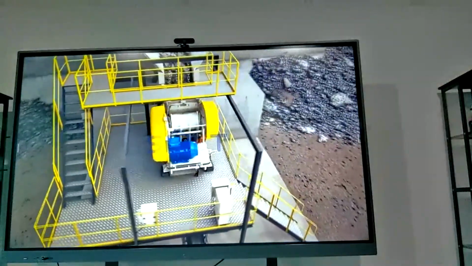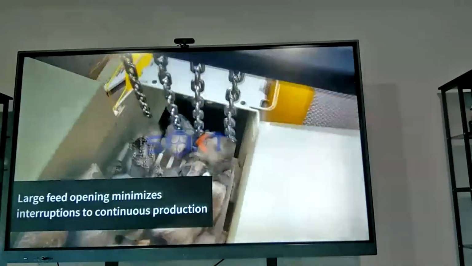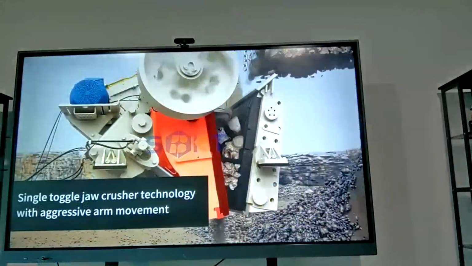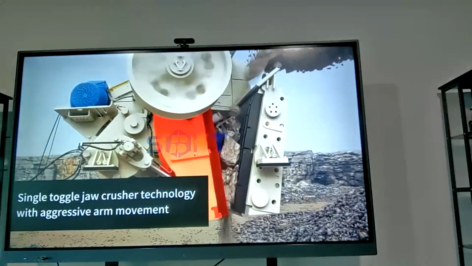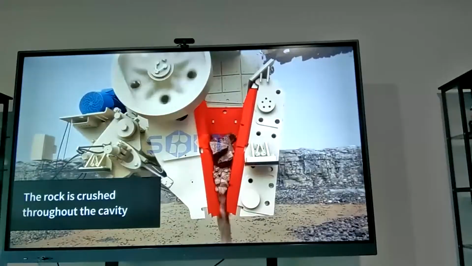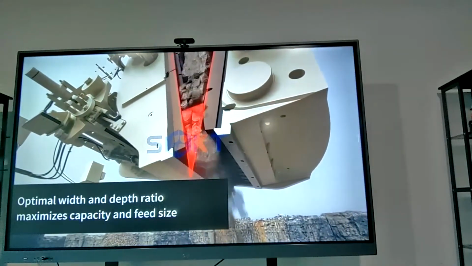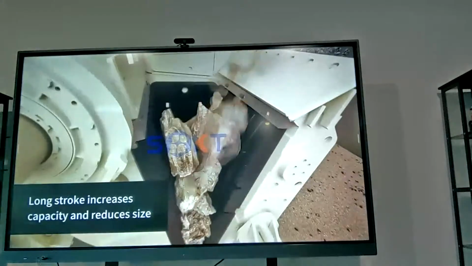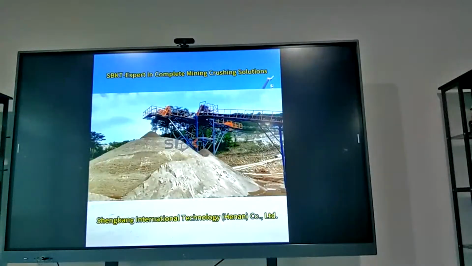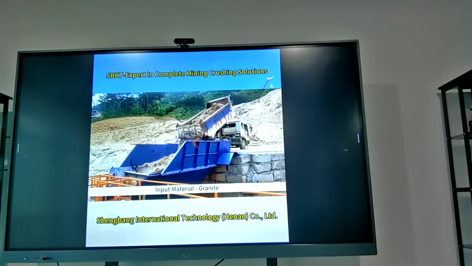First is the ordinary jaw crusher. The structural design is relatively traditional. The bearing seat and the frame are usually welded. The overall stability is relatively weak. Under long-term high-intensity operation, problems such as cracking of the welding parts may occur, which will affect the service life of the